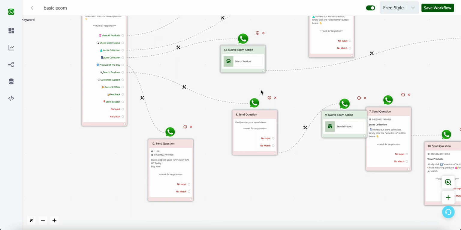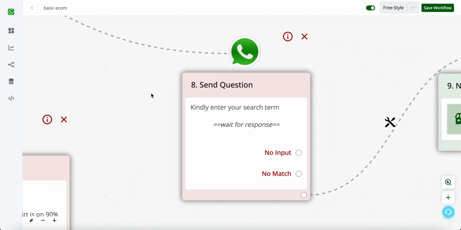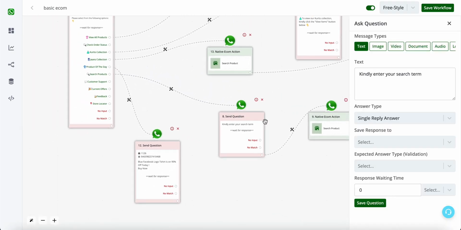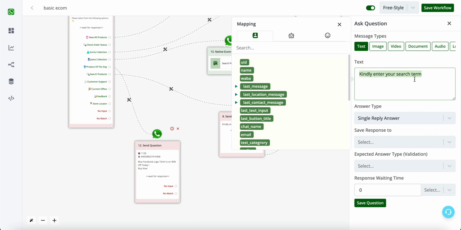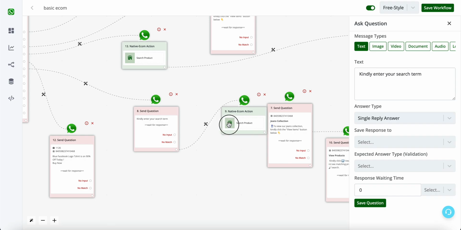Now what if you want to search products with multiple fields? What you can do is have a search products list item, and then ask the user, kindly enter your search term. We don't need to save this to any custom field or bot field. As soon as the user clicks on the search products option, we are asking them what the search term is. This might be SKU, this might be color,